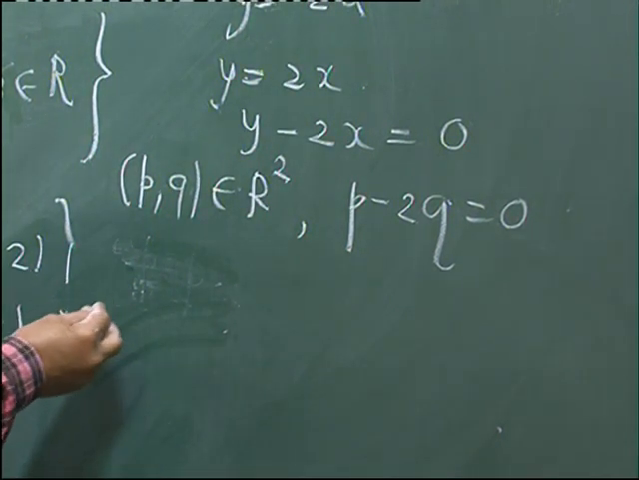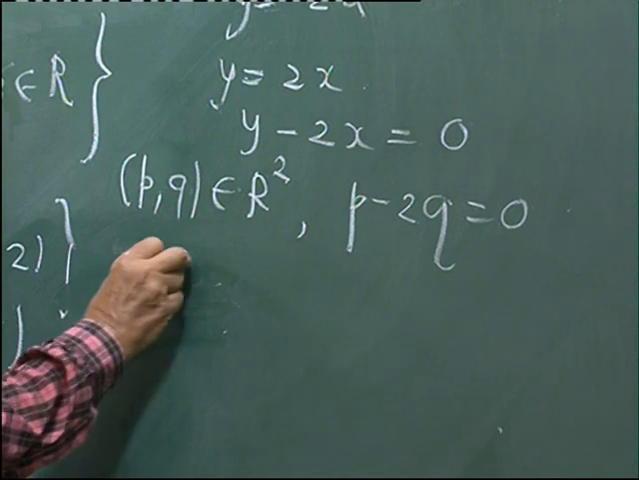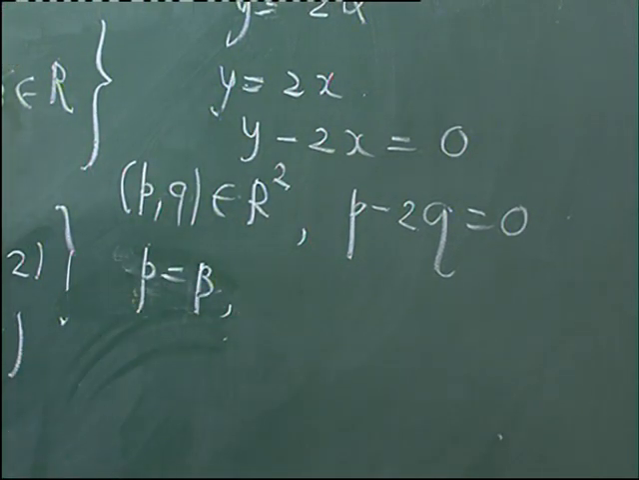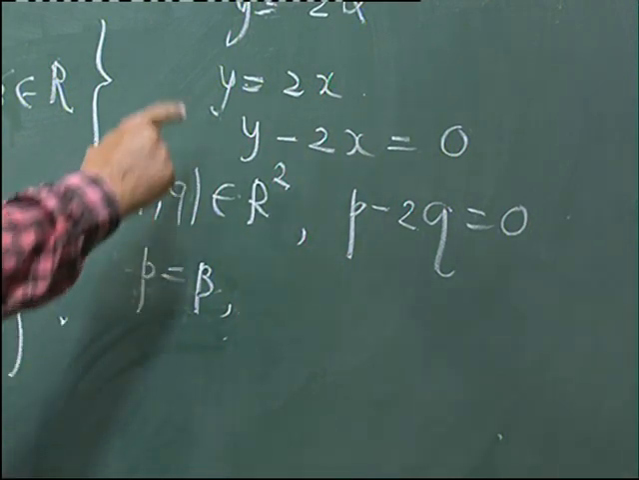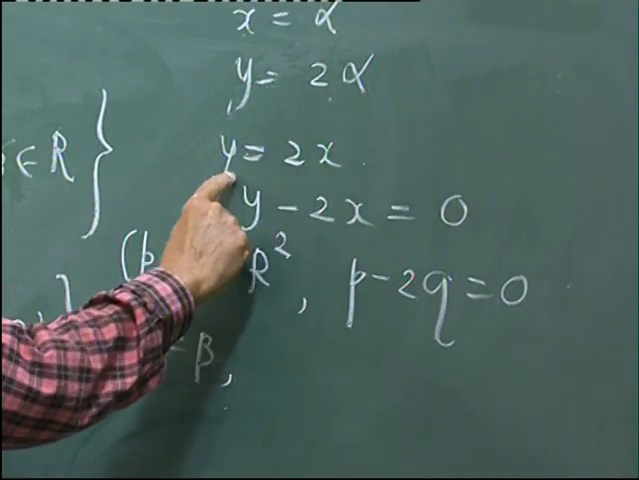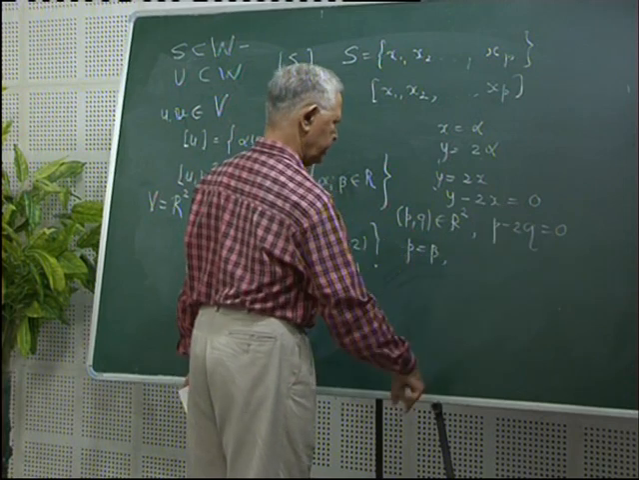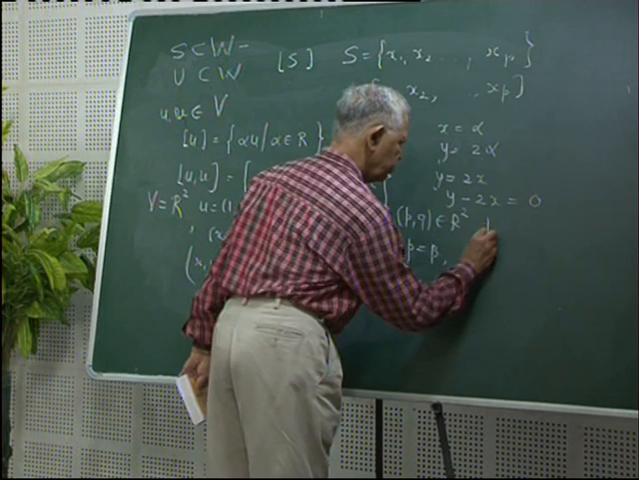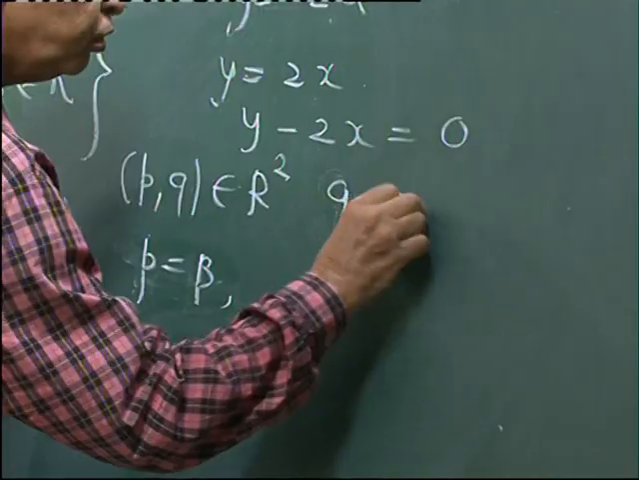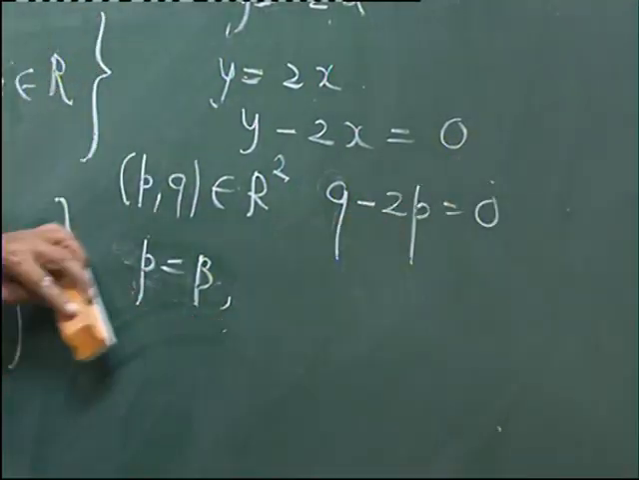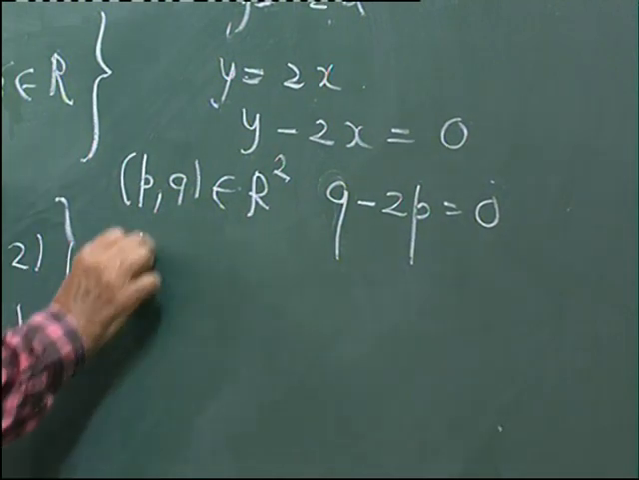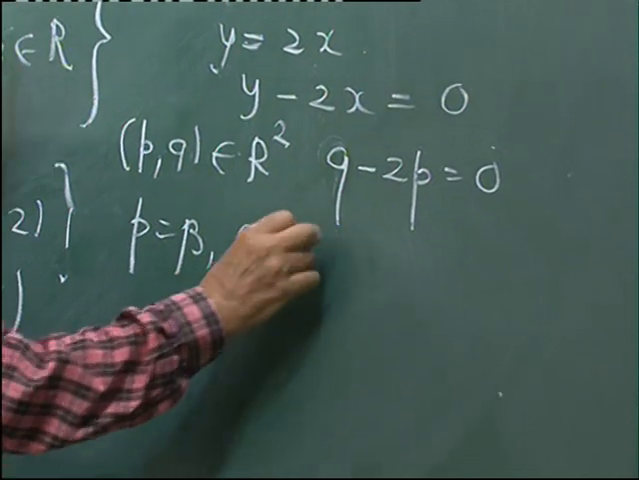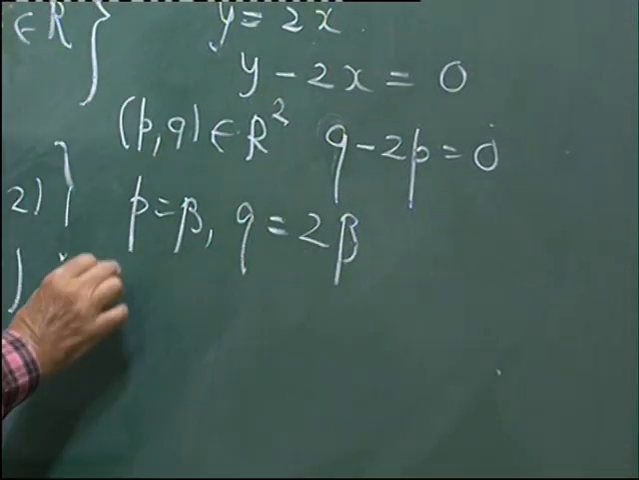So taking p equal to beta, what we get is y equal to 2x, so y minus 2x. Yes, I have made a mistake here. Yes, q minus 2p is equal to 0. Now take p equal to beta, and what we get is q is equal to 2 beta, and so